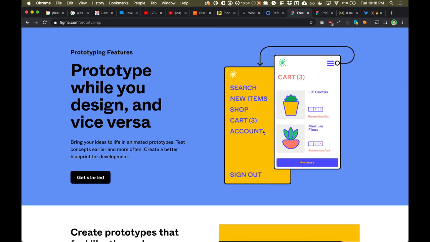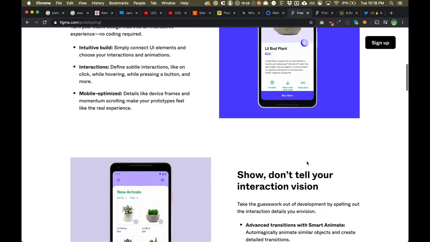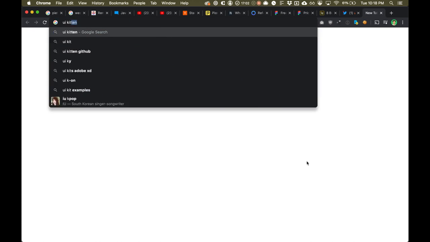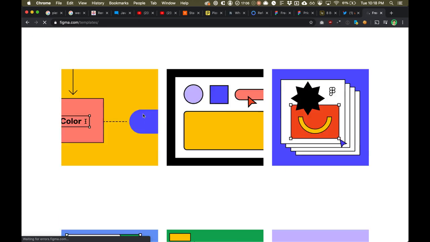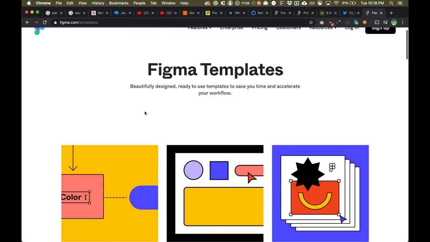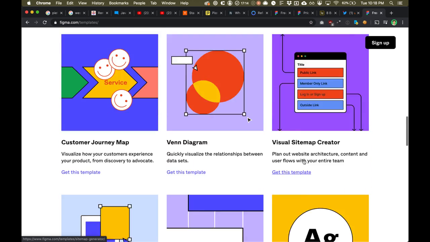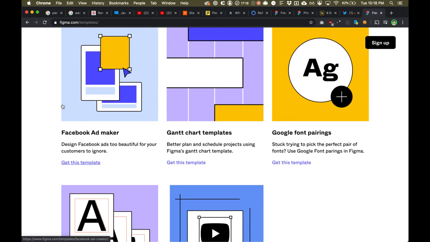You're going to be able to create clickable wireframes, and you could probably even find some starter kits for Figma. So if you search for UI kit Figma, you're going to come across a lot of templates, right? And Figma even has some on their own site, and you can download these and start using them in Figma, and just drag the buttons around, drag the screens around, and kind of feel out how this is going to feel to you.